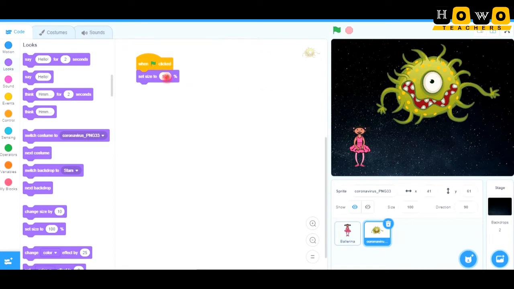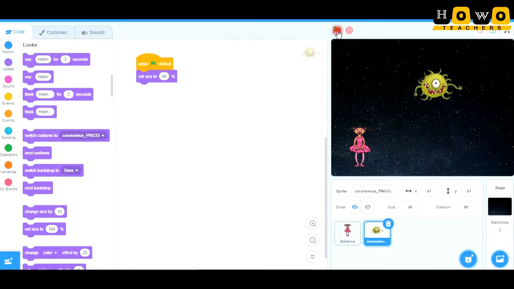Now I want to reduce it. So let me say I want to reduce it to 40%. Let us see what the result will be. I am clicking here on go, and it will get reduced. So I think this much size is fine. I can save my ballerina from this size. If you still think it's quite large, then you can reduce it further. So let us say I'm saying 30% here. Okay, and yeah, this much is also fine.